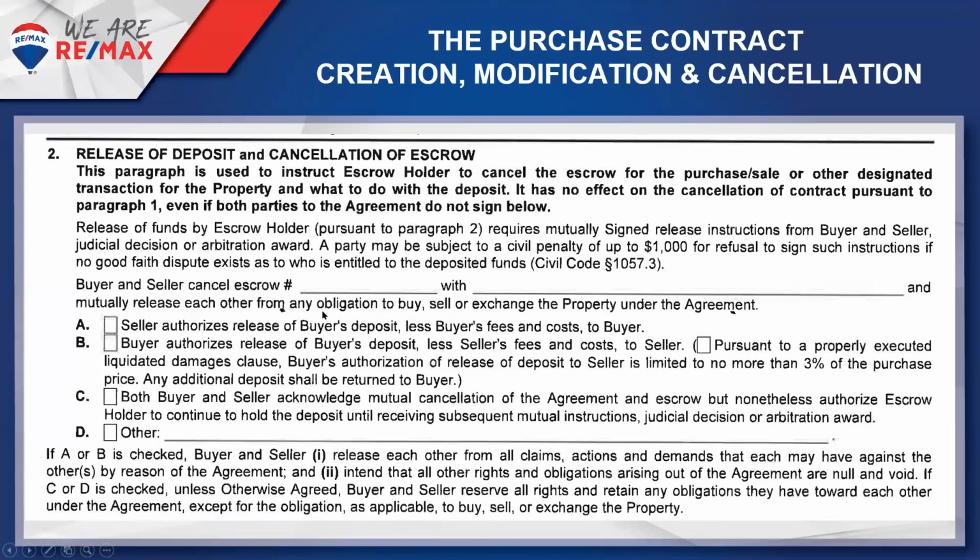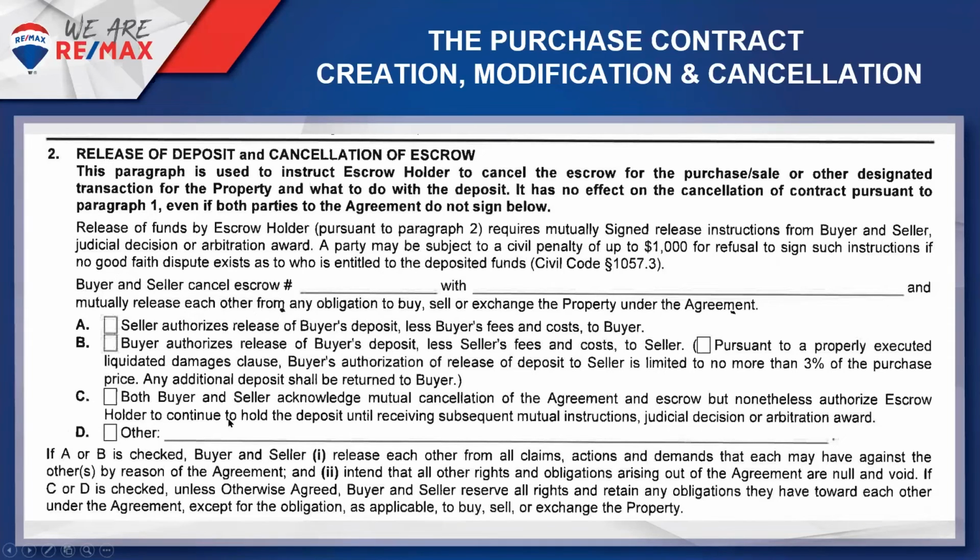Well, you need to give them back their deposit because that's what the contract says. Or the buyer authorizes the release of the buyer's deposit to the seller. The buyer recognizes he removed all his contingencies. Now he can't close for whatever reason. And he's being honorable. I don't see that check too often, but sometimes the buyer does agree to remove the deposit. Both the buyer and the seller acknowledge the mutual cancellation of the agreement and escrow, but they're going to